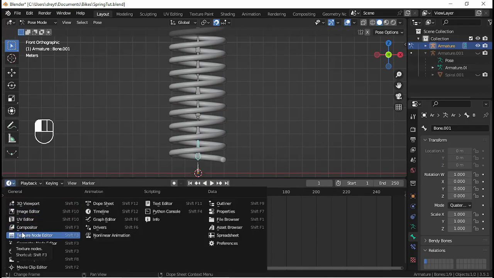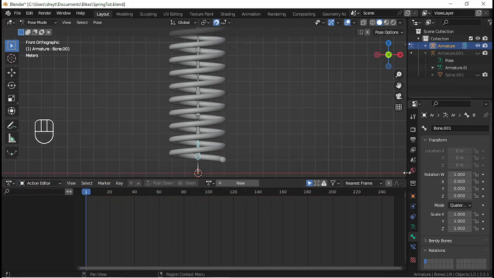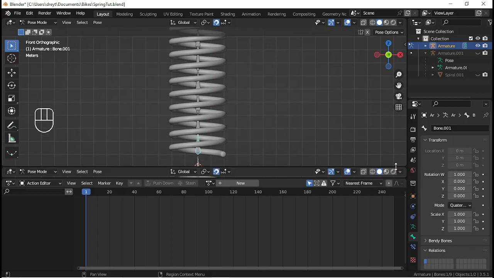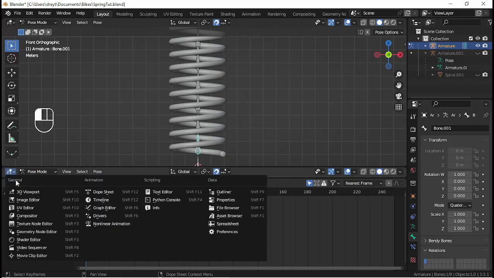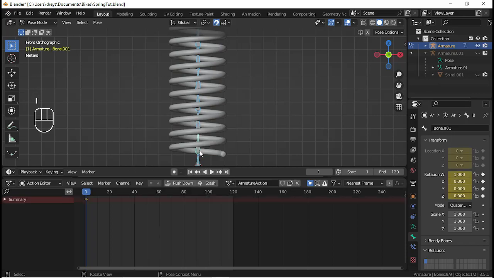What we want to do is go into the dope sheet, action editor, right click and go to horizontal split, add a timeline so that we can keep track of where we're at. We will set this to 120, then press A to insert location rotation. Next, we will jump up to frame 30 and we will select the third bone, and we want to grab